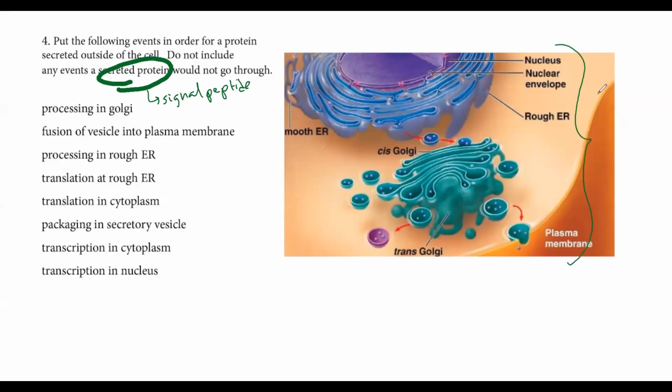So this is the endomembrane system. Right, so all of these organelles are part of it. And they're all made of the same membrane material, so that's why one can pinch off. So here we see something like rough ER pinching off and fusing with the Golgi. That's super allowed to happen. They're fluid.